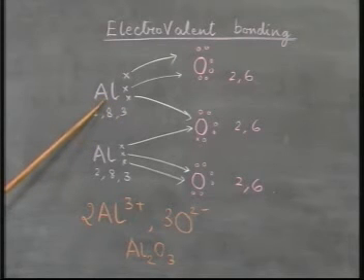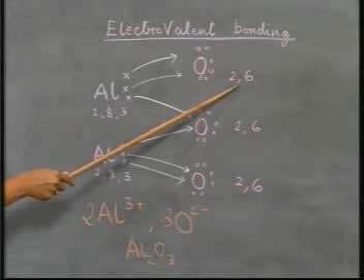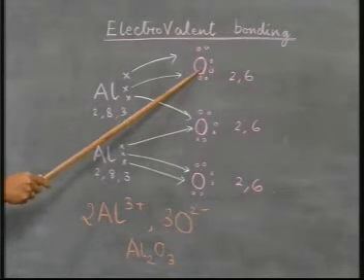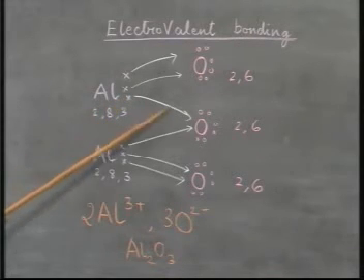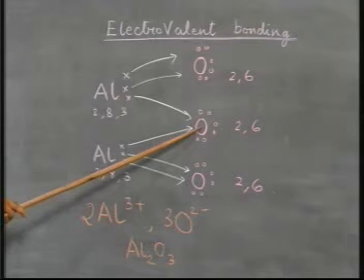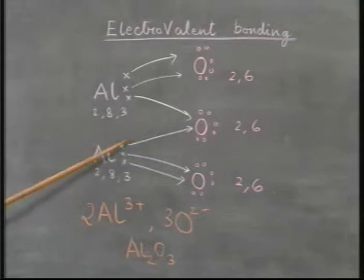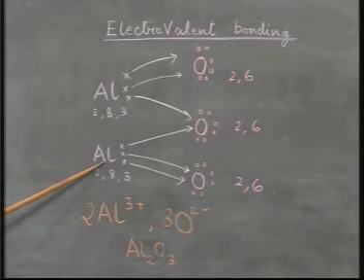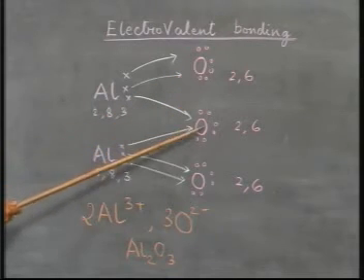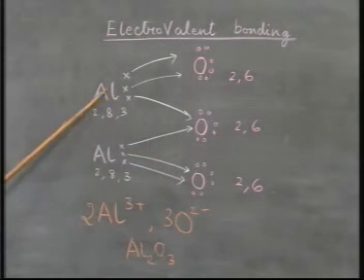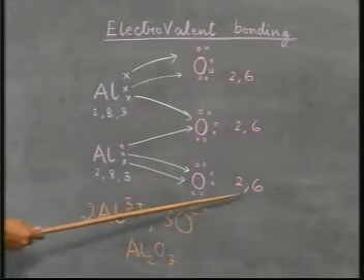So one aluminium atom will transfer 2 electrons to one oxygen atom. The oxygen atom now has an octet configuration. This aluminium, however, wants to get rid of one more electron, which it transfers to a second atom of oxygen. This oxygen now requires one more electron, which it acquires from a second atom of aluminium. So in this way, 2 atoms of aluminium combine with 3 atoms of oxygen, and in the process, both the aluminium atoms complete their octet and the oxygen atoms also complete their octet.